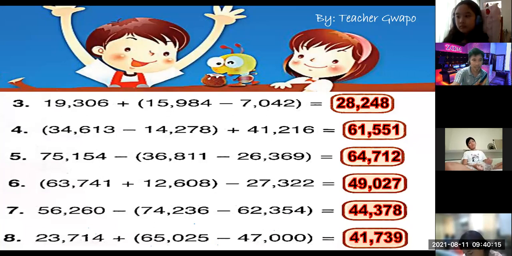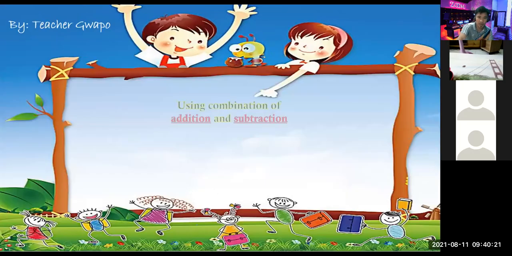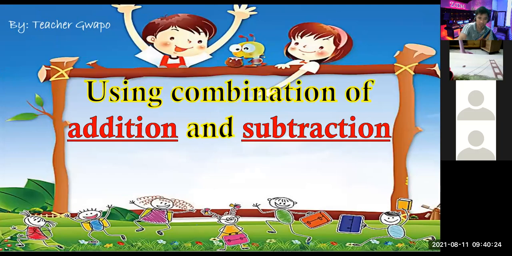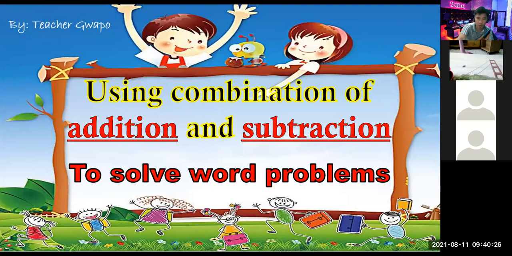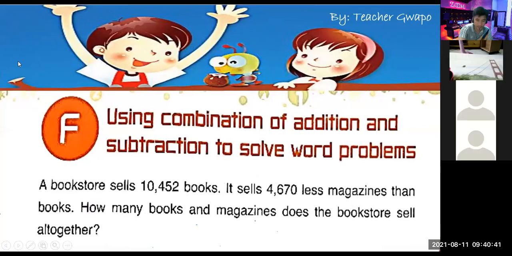Now let's proceed here. Let's continue in using combination of addition and subtraction to solve word problems. So in your book, you have 2 examples there, and then there are 3 questions. Okay, there are 3 questions. So the first example here is about a bookstore that sells